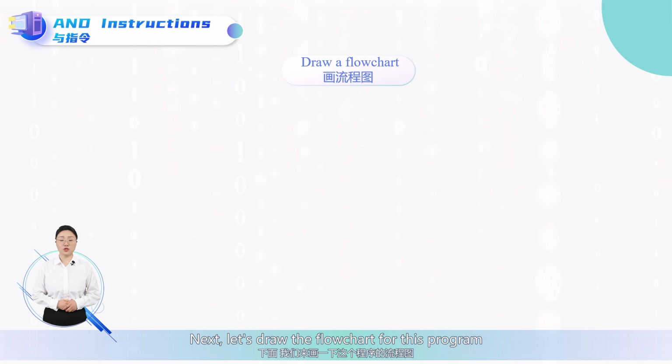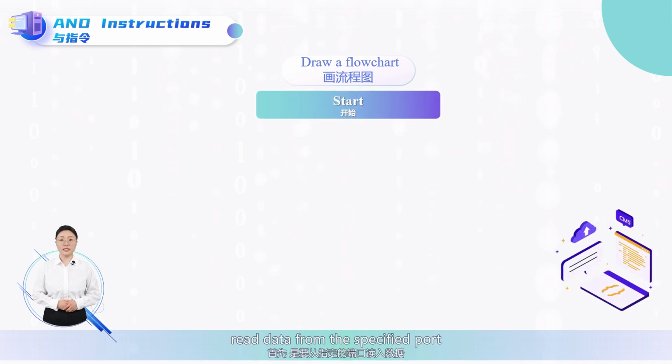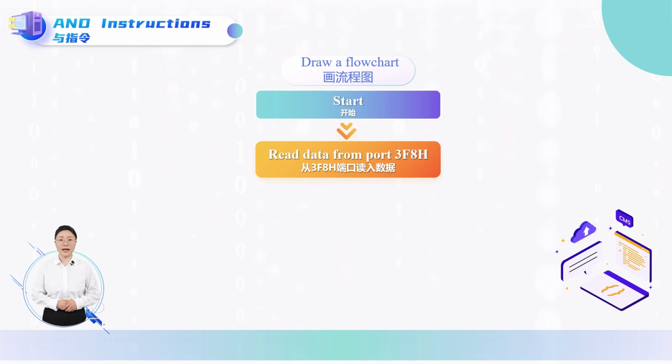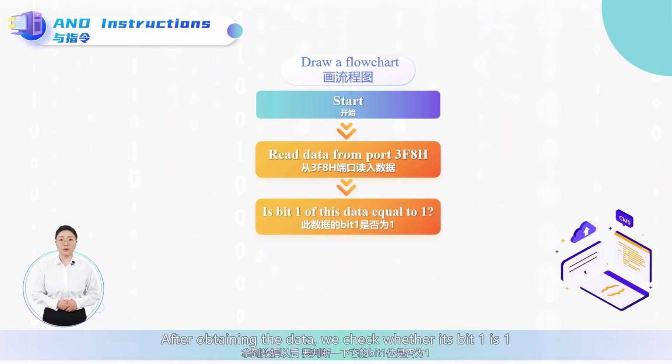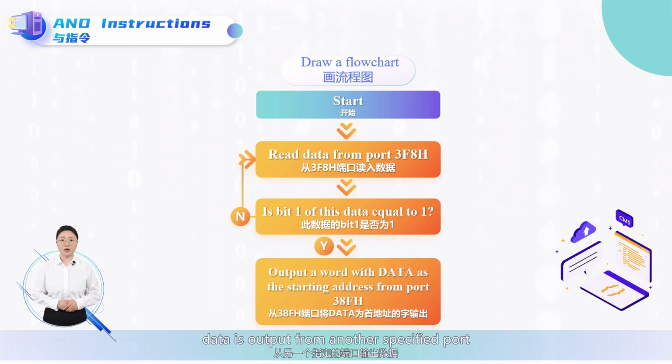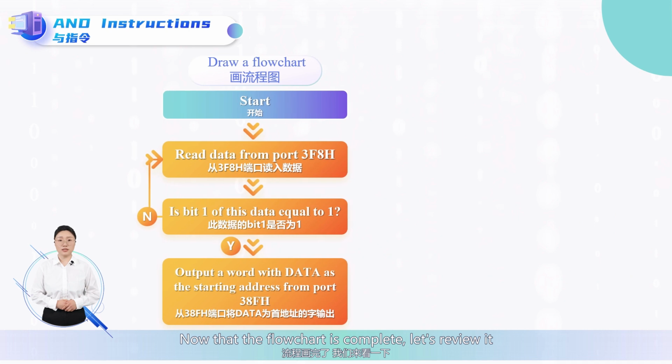Next, let's draw the flowchart for this program. Read data from the specified port. After obtaining the data, we check whether its bit 1 is 1. If it is 1, data is output from another specified port. If it is not 1, the data is read again. This is the entire process. Now that the flowchart is complete,